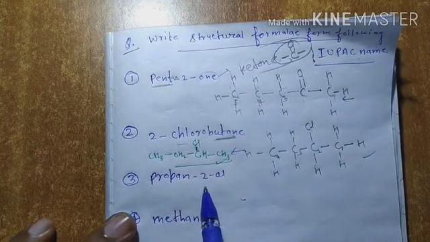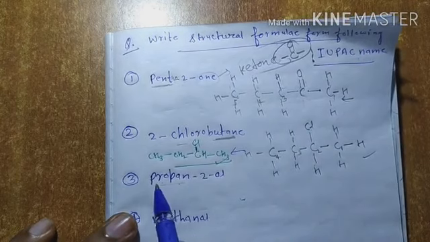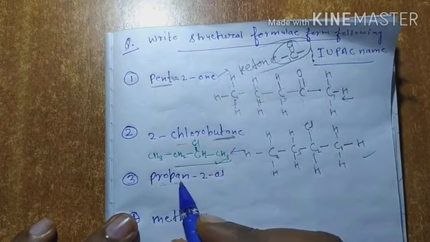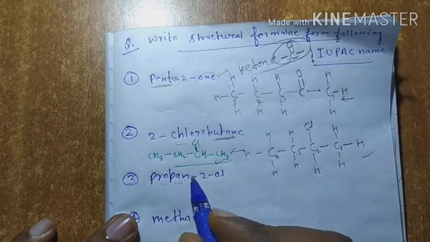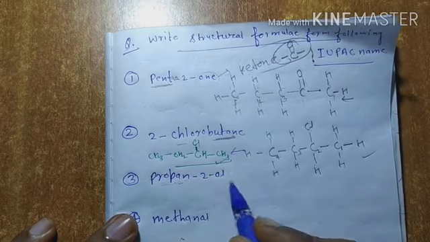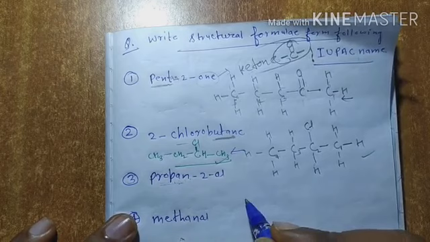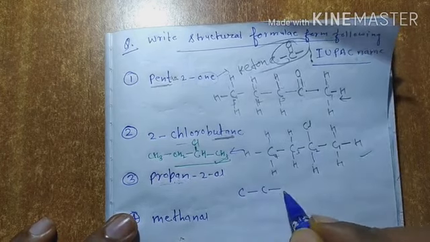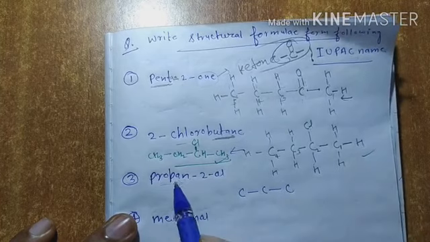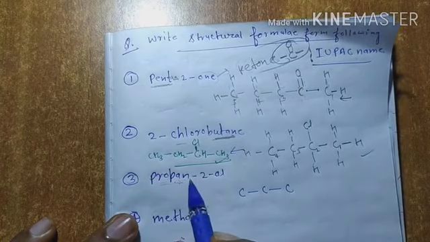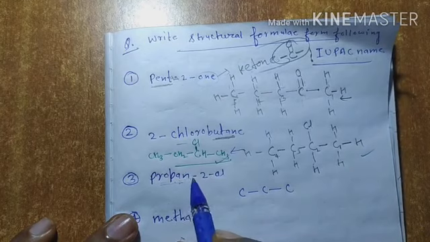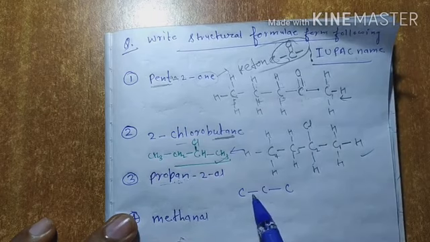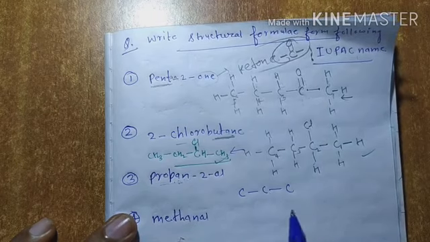Propan-2-ol. It means the number of carbon will be 3. Propane, ane, but the e is dropped here because o is here. So the number of carbon atoms will be 3: 1, 2, and there will be single bonds because here is ane, propane. If you write propane complete, then here will be ane. So if ane is here, it means there are single bonds between carbon atoms. Okay.